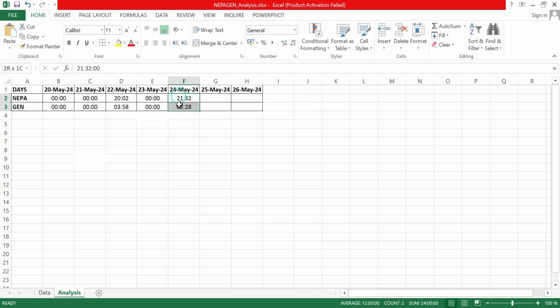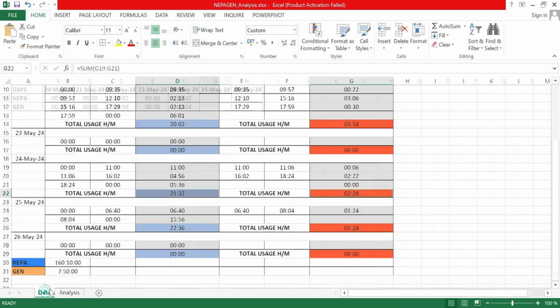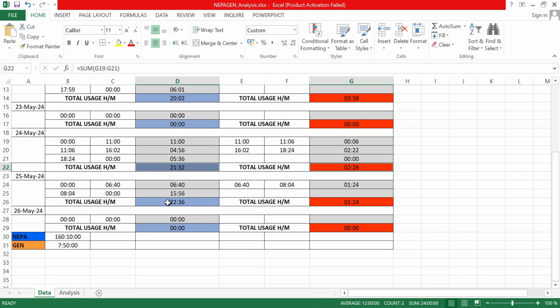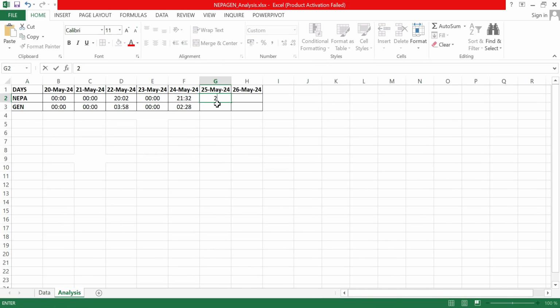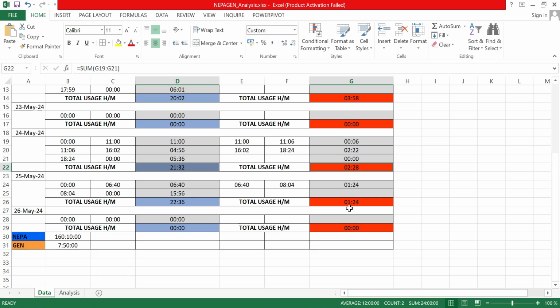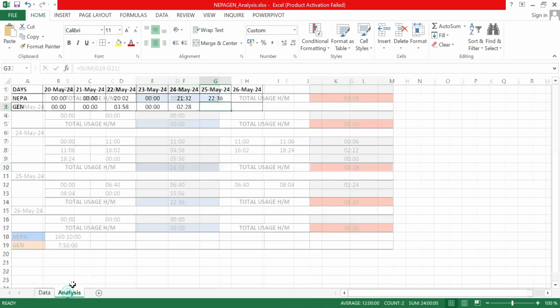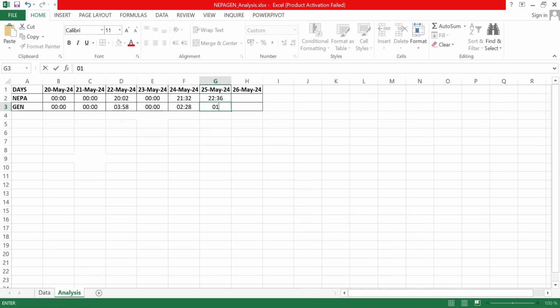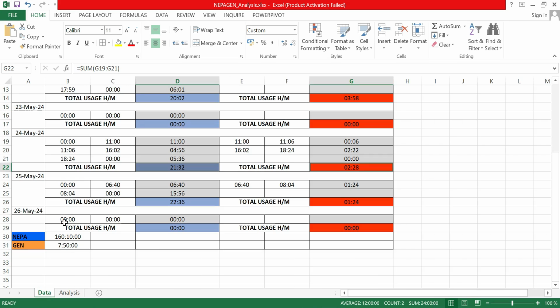So if I highlight everything now, I should have 24 on the dot. So same thing goes to 25. For 25 I have 2236. Then for this I have 0124. So we have to check as well. You can see it's 24 on the dot. So same thing goes to the last one, which is